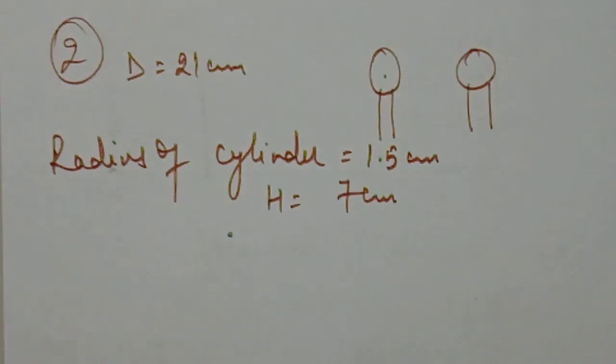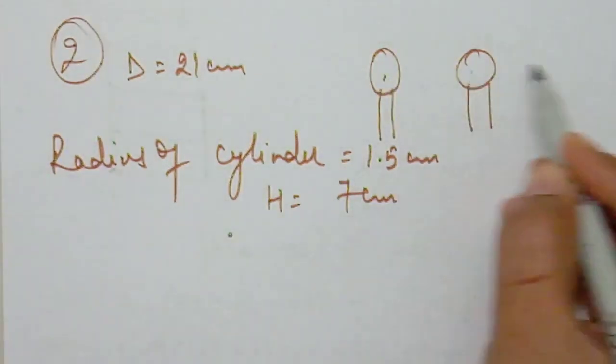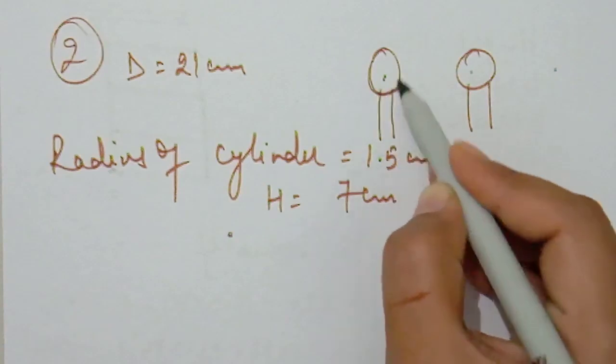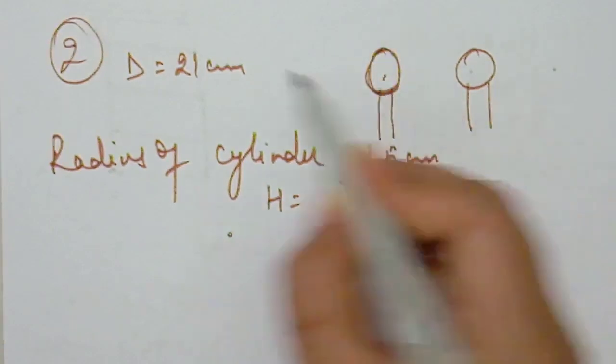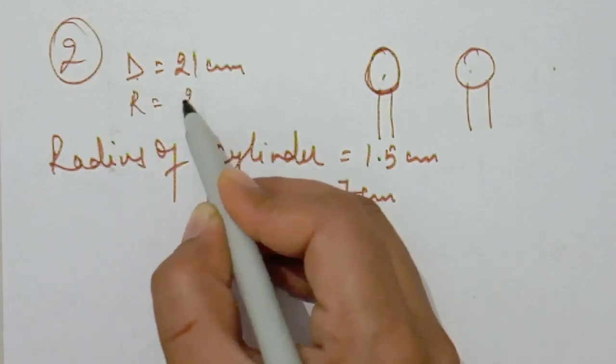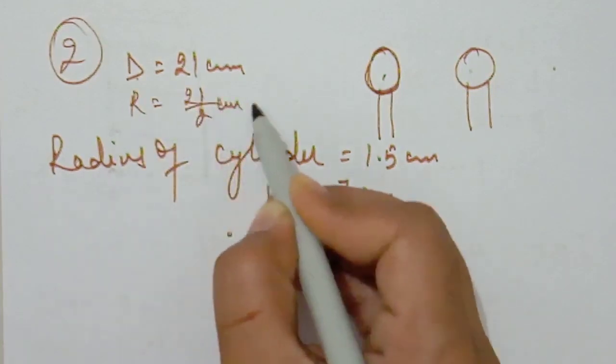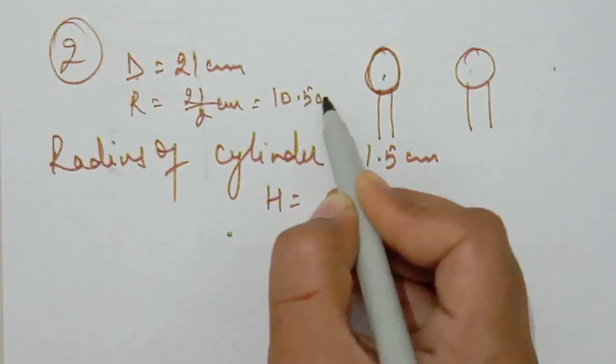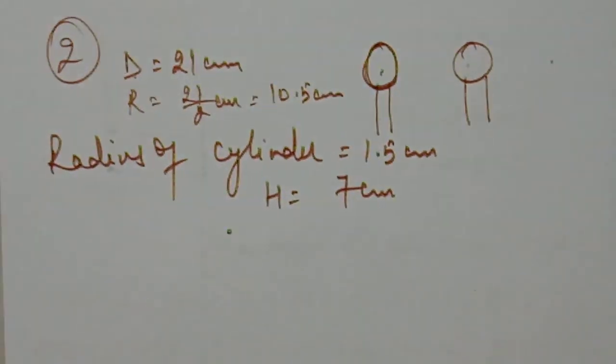The main thing, find the area. We have 8 spheres. We have diameter of the sphere, then the radius of the sphere is 21 divided by 2 centimeter, which is 10.5 centimeter. Most of the students are thinking that it is very easy. We have to follow the total surface area of sphere 4 pi r square and find the total area of 8 spheres. No, it is not such easy.